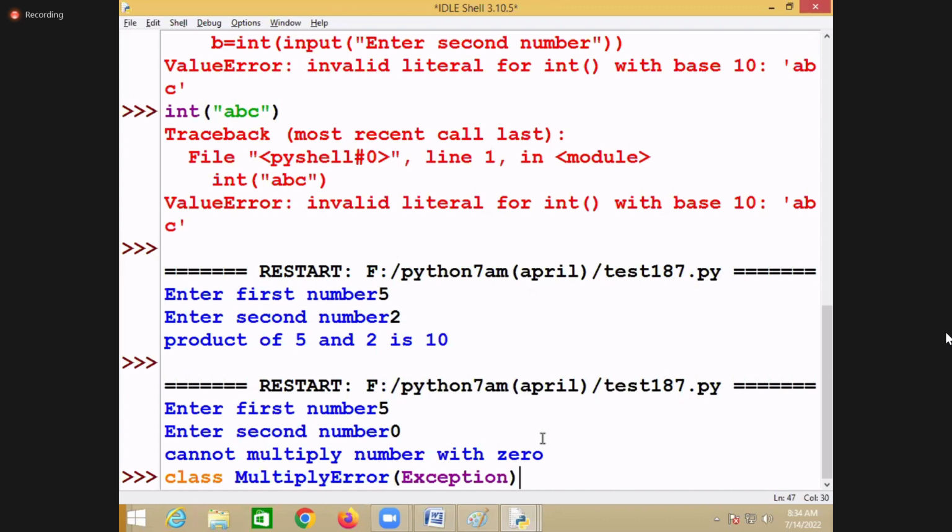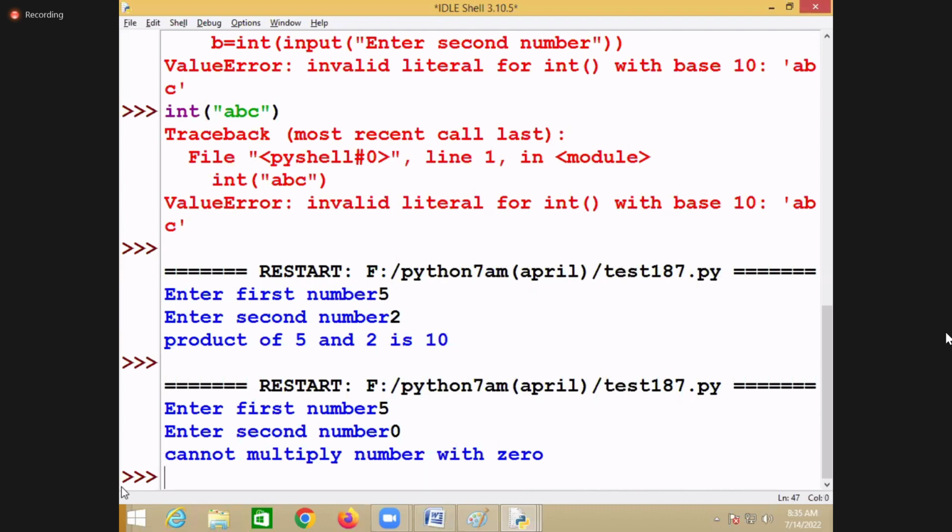Exception. So exception is a parent and multiply error is the child. The child class inherits all the properties of the parent class. This is called inheritance. You learn that in object oriented programming. So multiply error is a type of exception.